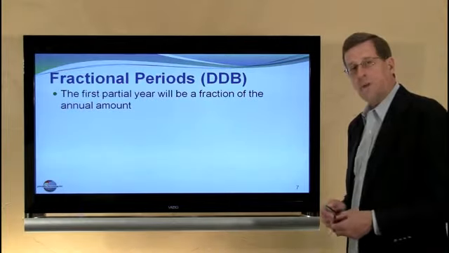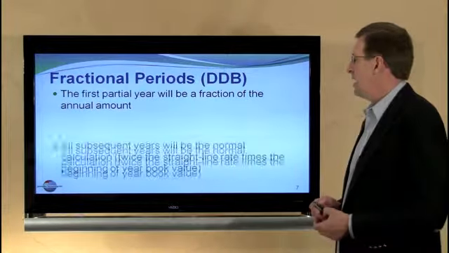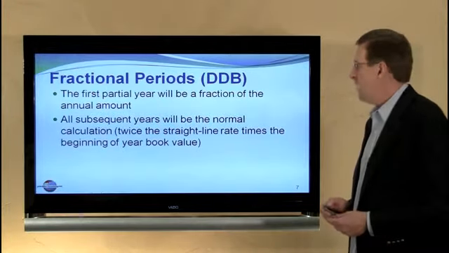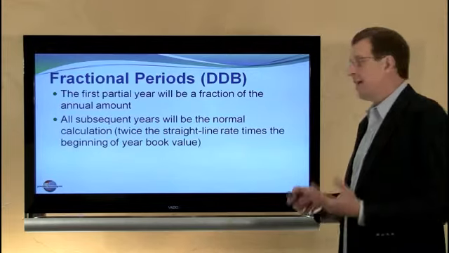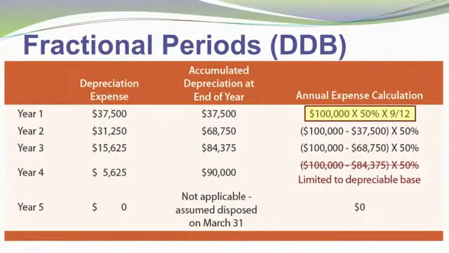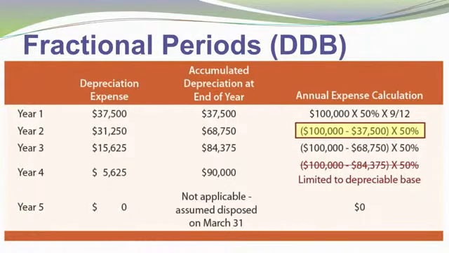Let's consider fractional period depreciation with double declining balance. The first partial year will be a fraction of the annual amount. All subsequent years will be based on the normal calculation. In this case, we've got our $100,000 asset times twice the straight line rate, or 50%, but we only use the asset for 9 months, or 9/12ths of a year. And so we return $37,500 of depreciation for the year,